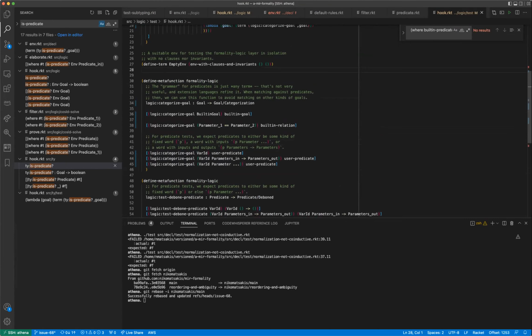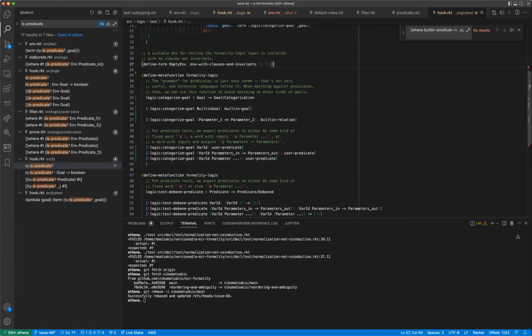That's it. Question, maybe could you just really briefly repeat why we need the whole hook system? Yeah. So the idea is I want to have these layers so that the logic layer can be tested and described and understood independently from the other layers, and similarly the type layer and the decal layer. The problem is the logic layer needs a way to find out things like what are the